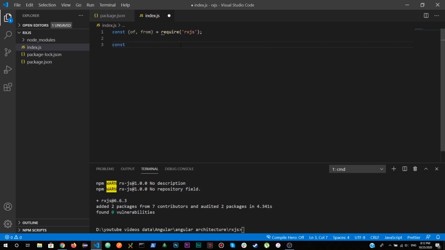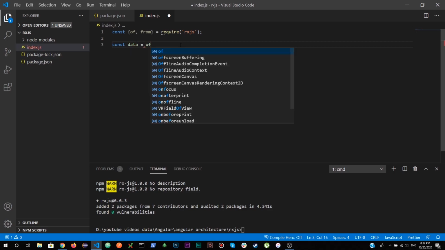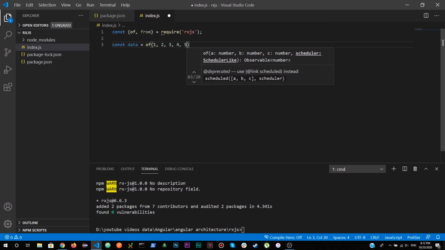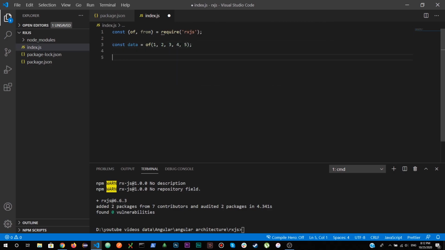So I'm going to create a stream of data. data equals of(1, 2, 3, 4, 5), right? Now this of operator has created an observable for me. Now I can iterate through this observable, and for subscribing to that observable, there's a concept of subscription.